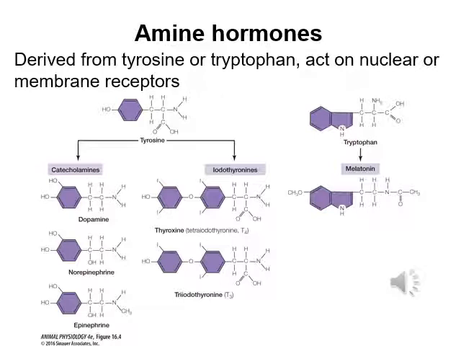These hormones are metabolic regulators and they're involved in the fight or flight system. These three are water soluble. On the other hand, thyroid hormones are lipid soluble. They contain iodine and they act on nuclear or membrane receptors. As I indicated in the last lecture, iodine deficiency leads to metabolic problems, and this is because the thyroid hormones require iodine for their production. Melatonin is derived from tryptophan, and it's very important in the pineal gland, where it's involved in daily rhythms.